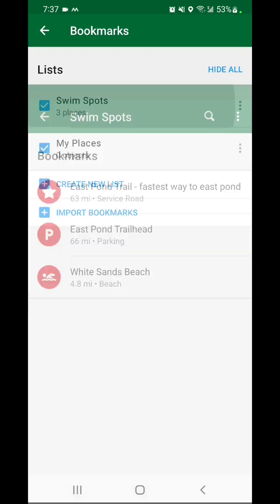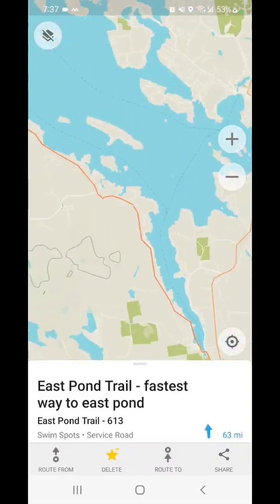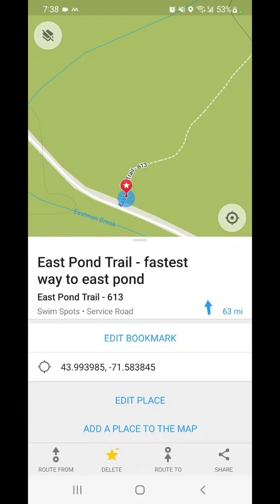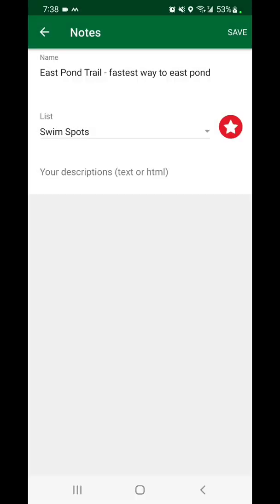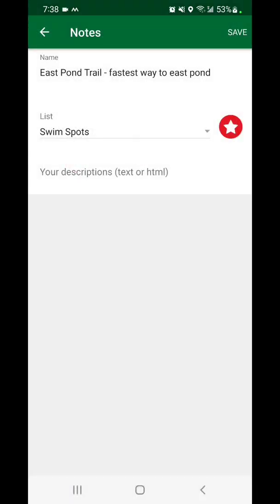So if we go to swim spots, you can actually see some of the places that I picked. And if I click on it, it navigates to that location, zooms in, and shows a little icon. Now I could click on that icon, swipe up, and I can actually edit the bookmark. I can choose between the different lists. I can add it to a different list. I can change the name. I can add a description, and I can even change the icon color. So this is pretty cool,